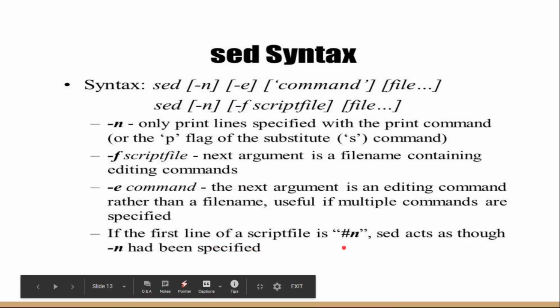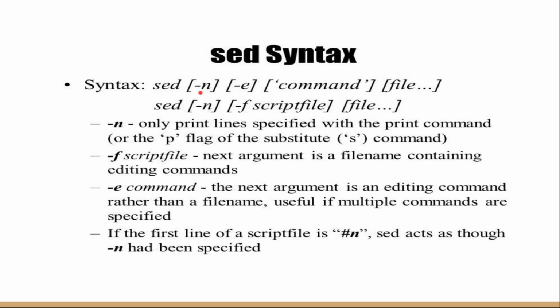And hash n acts like the n option can be specified. So n prints the number of lines also, and the count of the lines. For example, line number 10, line number 11, and it will print the specific lines. For example, if you want to print only the top 10 lines, then go for 10. It will search that pattern and replace it between them. If I only want a few lines, top 20 lines or top 10 lines, then I'll mention the line number.